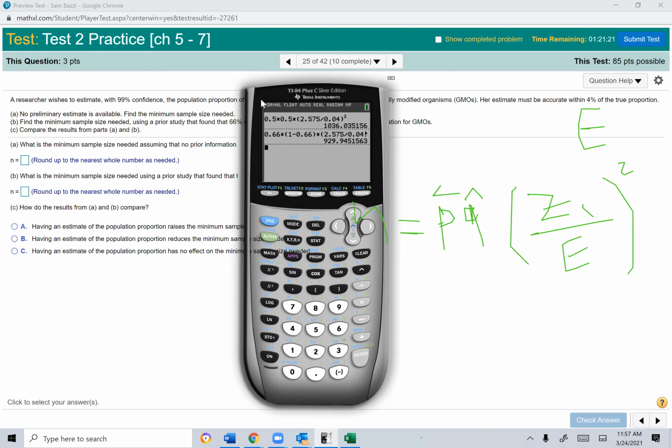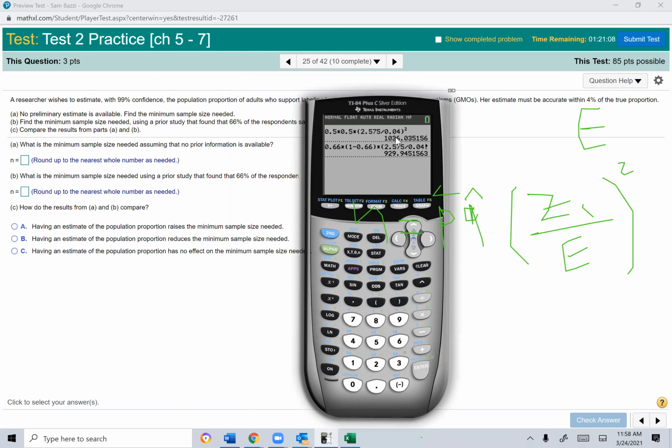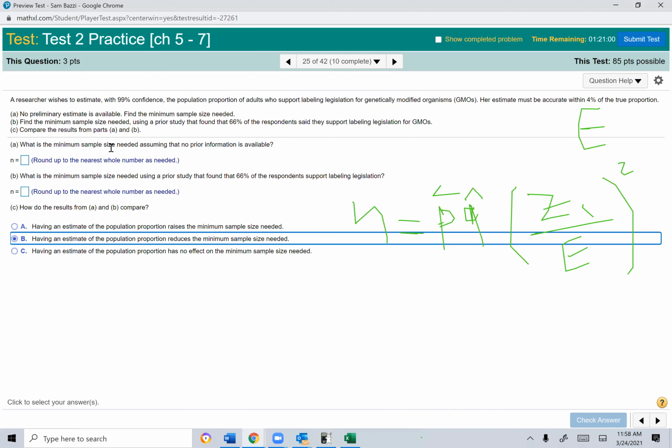How do the results from A and B compare? Having an estimate of the proportion raises the minimum? No, having an estimate of the proportion will lower the sample size, so it reduces the minimum sample size. As you notice, you had it in the thousands without the prior estimate. We had 930 with the prior estimate, so it will be part B. I think that's it for chapter 6. And let me tell you guys what I plan to do on